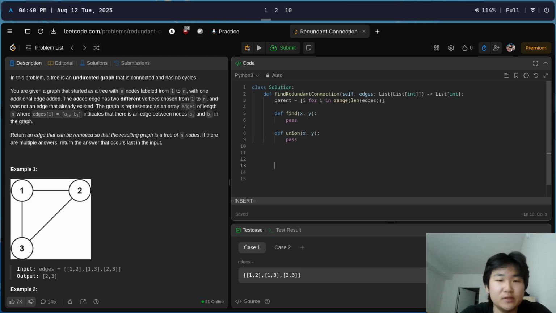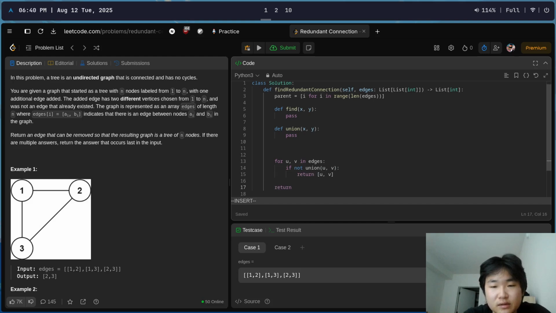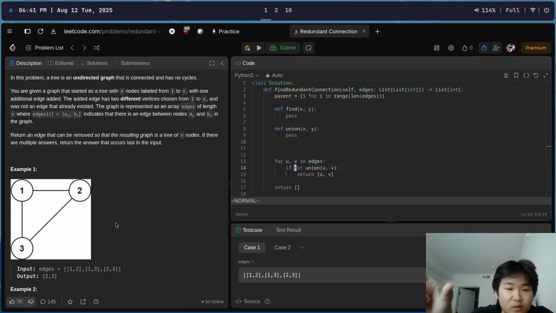So we'll make these two functions. Then for every u, v in edges, we want to call if not union(u, v), then return u, v. Otherwise, return nothing. So that's kind of the logic. You basically organize them together, and as soon as you find another edge that connects nodes already together, then we'll be like, oh, don't add that, because that's gonna prevent